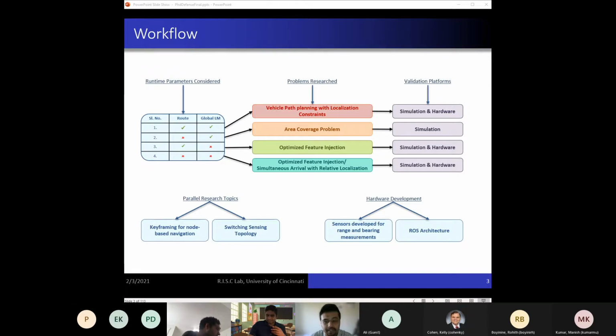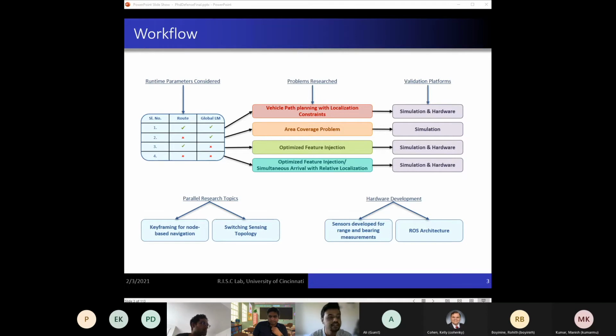Throughout this presentation, I'm going to talk about localization and optimization techniques that help in vehicle navigation in GPS-denied environments. The common factor binding the different topics is the degree of information available to the vehicle prior to the navigation step. In particular, whether the sequence of the waypoints is available, and whether the system requires global features or landmarks for localization. If yes, whether the routes and these features are optimally selected or placed or not. Each problem is divided based on these factors.